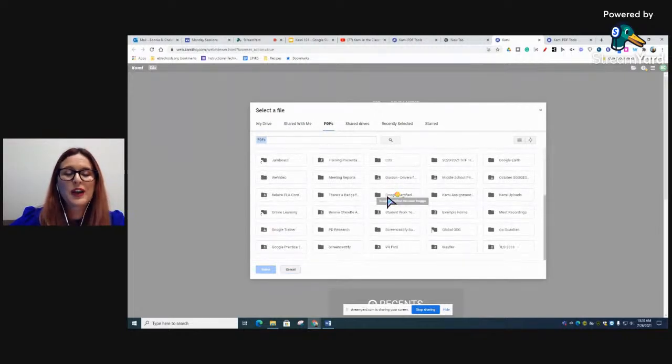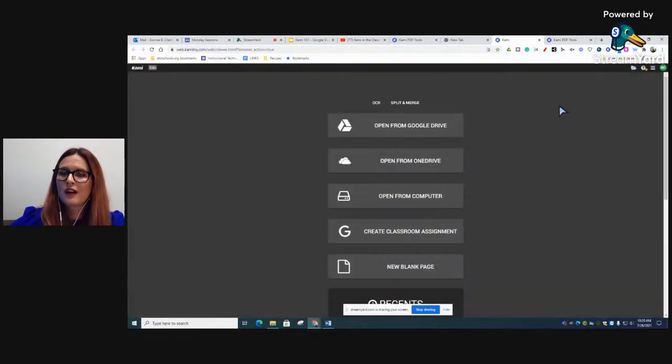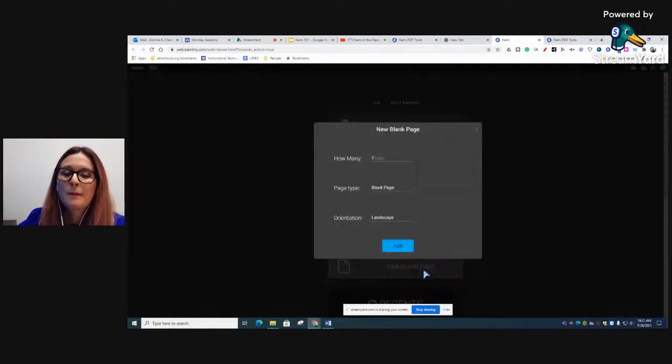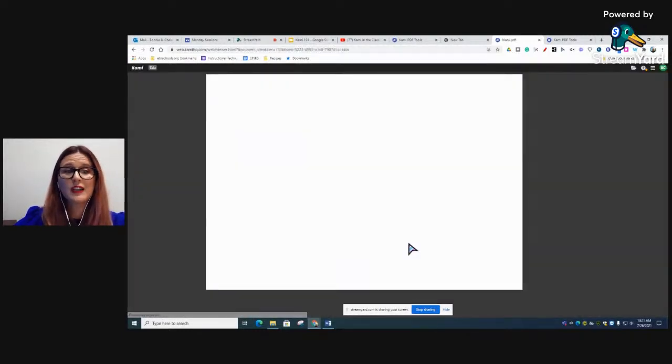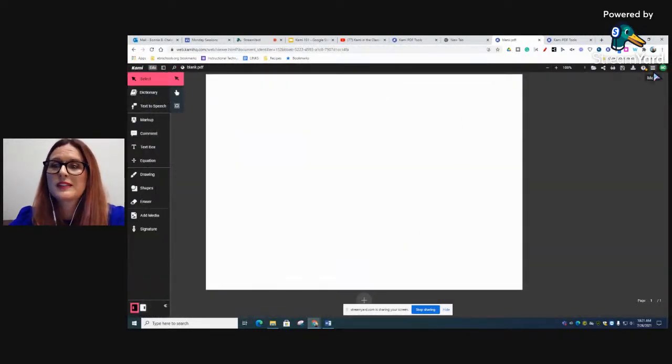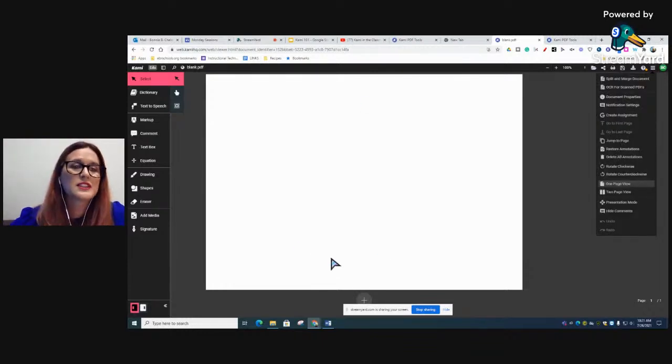So I'm going to open up a new PDF, or I can even, and this isn't something we often think of, Cami as an uploading thing, but you can also create from here. You can start with a blank slate and use this. Maybe have students collaborating on labeling a cell, which is not something you can do in Jamboard as well. You can rotate